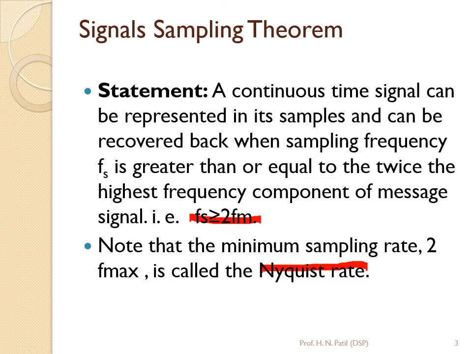In order to represent a continuous signal in the discrete domain without any loss of information, it is very much necessary to take as many samples of the original signal as possible. Higher the number of samples, better its representation. The Shannon theorem, that means the sampling theorem, tells us what should be the minimum samples required to faithfully represent a continuous time signal. So we will now prove this sampling theorem.